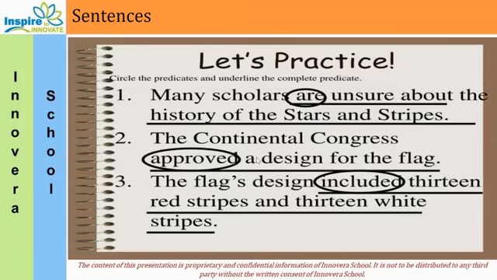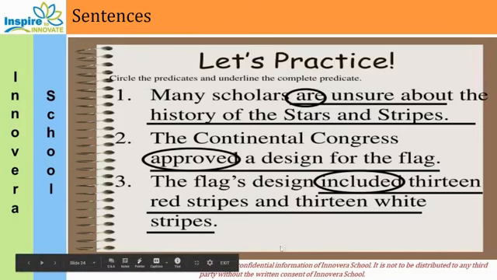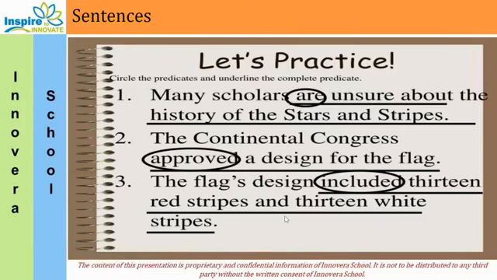Fine. The Continental Congress is the subject. Approved is the main verb. So approved is a verb, and it is working as the simple predicate. The Continental Congress approved a design for the flag. So approved a design for the flag is the predicate, and out of that, approved is the simple predicate. Understood? Because it is a verb. Okay. Are, approved, included, all these words are verbs, and the rest of the words are describing more